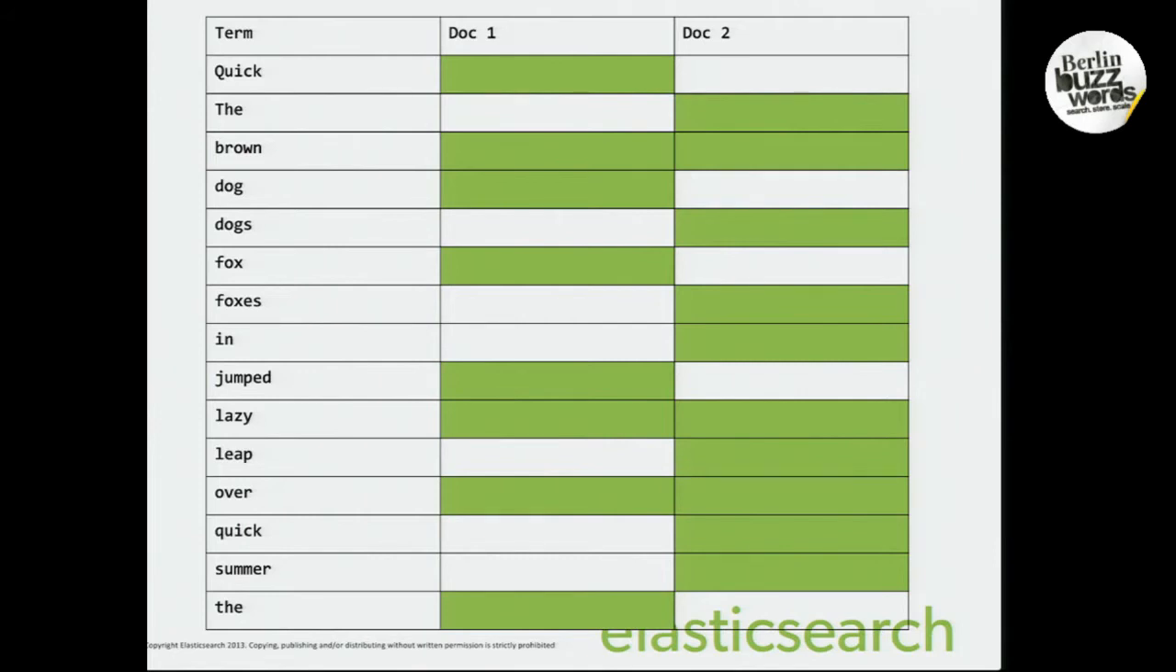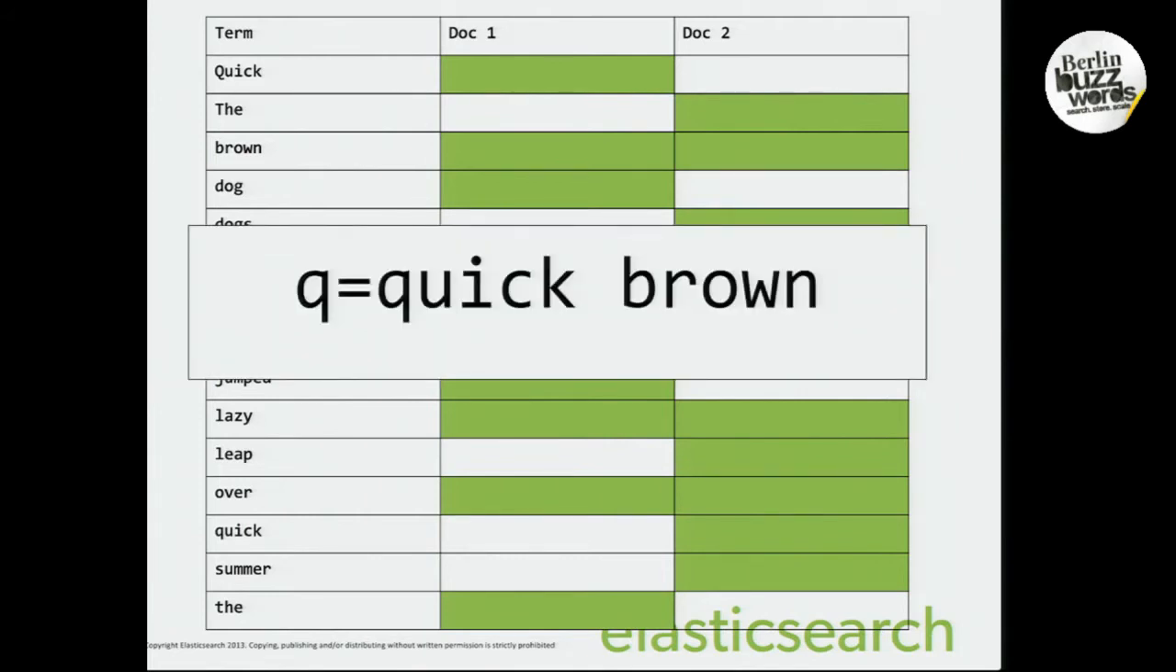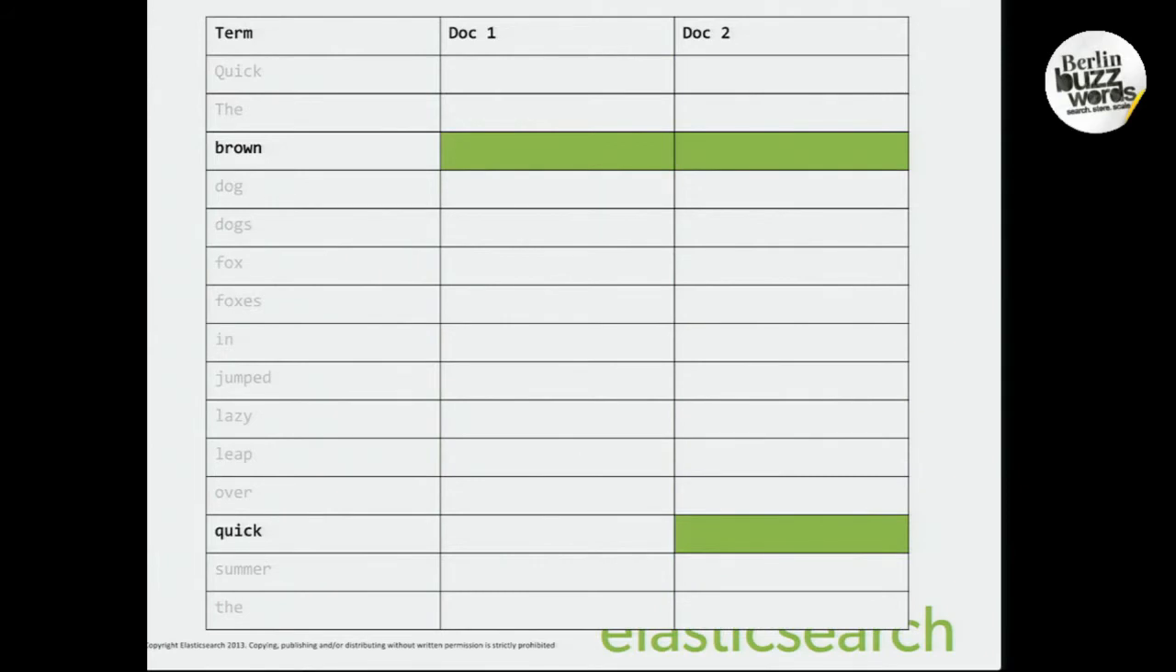Now a search becomes quite easy. A search for quick and brown means we just look at those two terms. Document 2 has 1, document 2 has 2, document 1 has 1, so document 2 is likely to be more